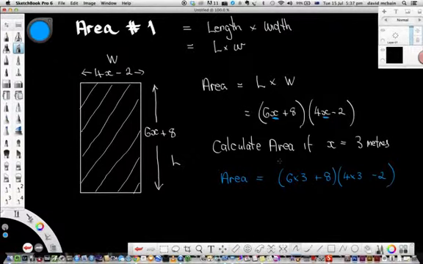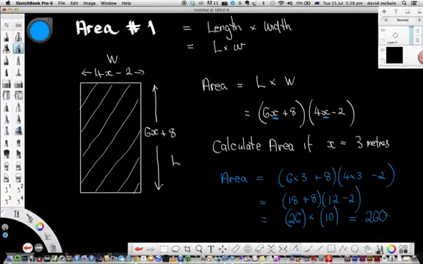So let's now work out each of these brackets. Remember, always do our multiplications and divisions first. Our pluses and minuses come last. So 6 times 3 is 18, so that's going to be 18 plus 8 multiplied by 4 times 3 is 12 minus 2. So 18 plus 8 is 26, yep, 26 multiplied by 12 minus 2 is 10, so it's 26 multiplied by 10, actually I don't need the brackets now, do I? Just 26 times 10, which is